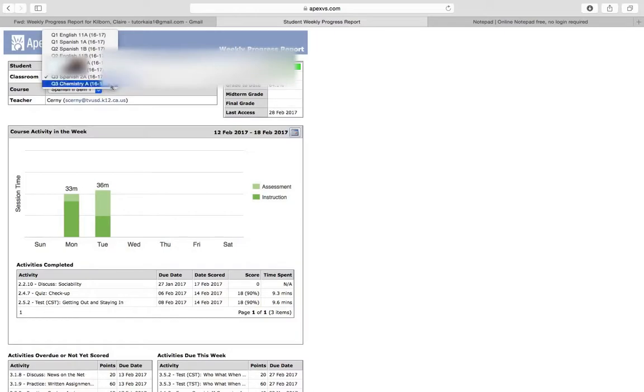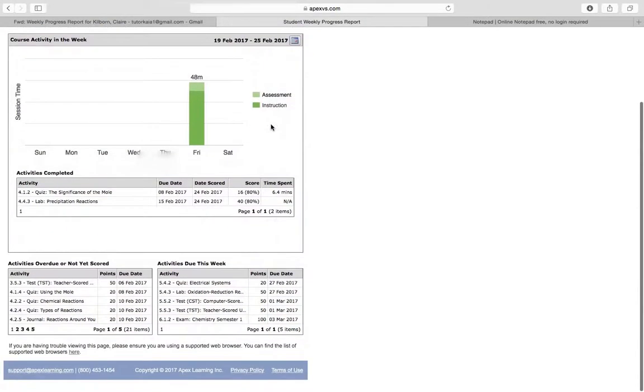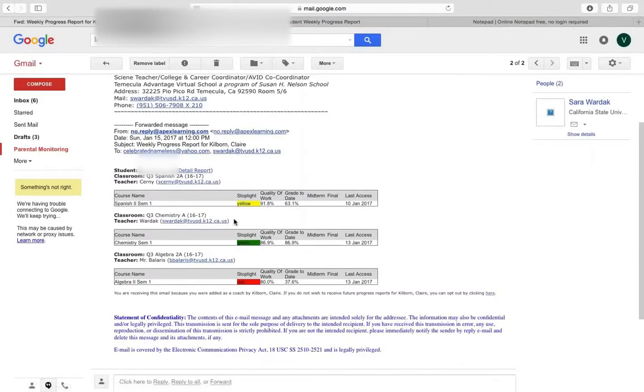So let's do chemistry. And once the page loads, you'll be able to see where she worked on it and what day she worked on it. And see, here we can see that she spent her Friday primarily on chemistry, and that may explain why she didn't have any Spanish work done that day. So you can just switch back and forth between this detailed report to the small report,